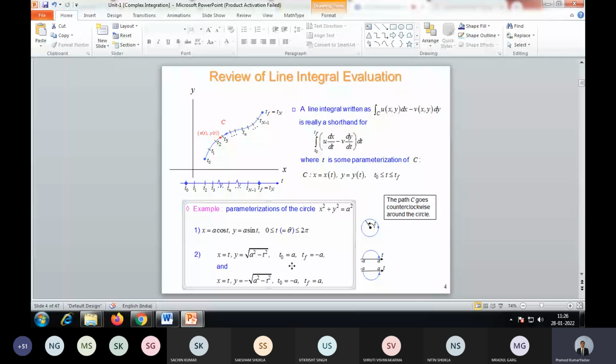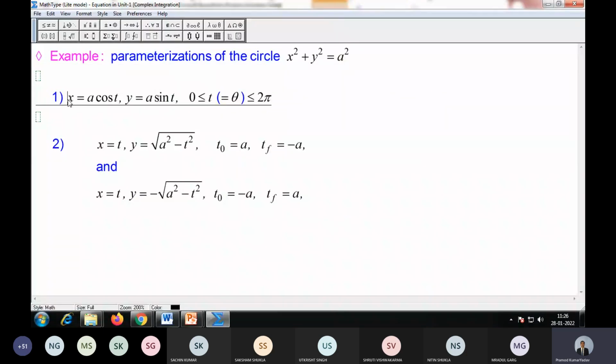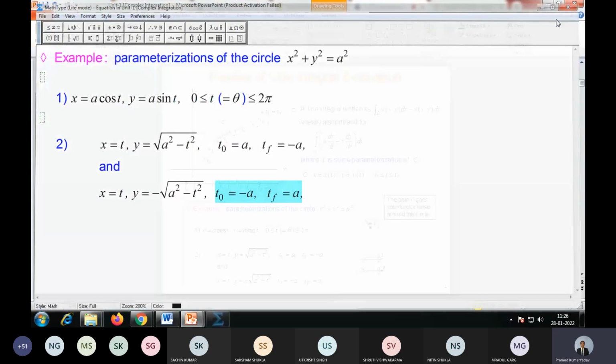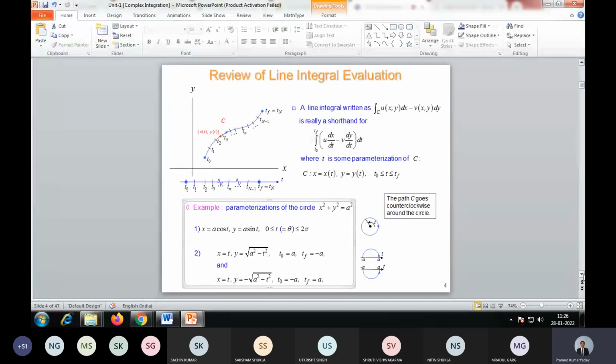Although you have been studying only one parametric equation, this one, in the last class I discussed that it is not compulsory. You may choose another parametric equation also as per your convenience. If you assume x equal to t, then yes, you may get the value of y as plus minus. That will depend: if you are taking the plus, then the limit will be like this, and if you are taking the minus sign, then the limit will be like this. So with these assumptions, we may reduce the function f of z in terms of t, and dx and dy also in terms of t, and we can integrate.